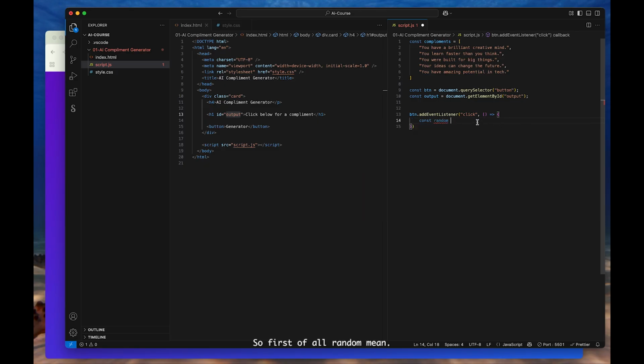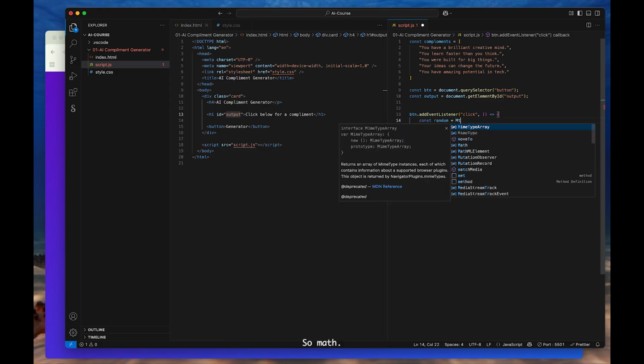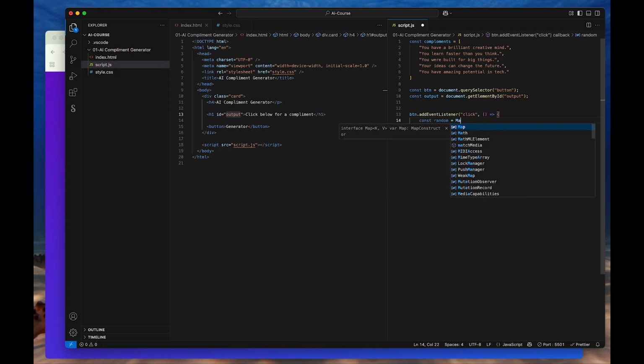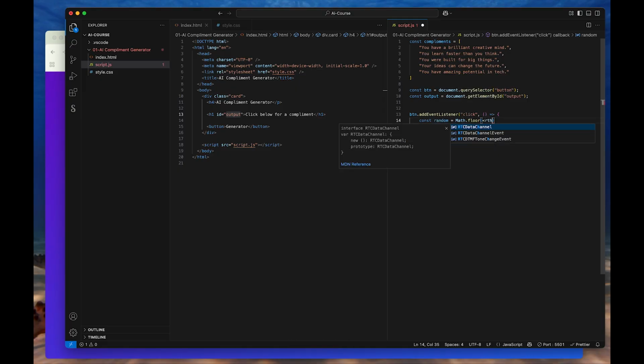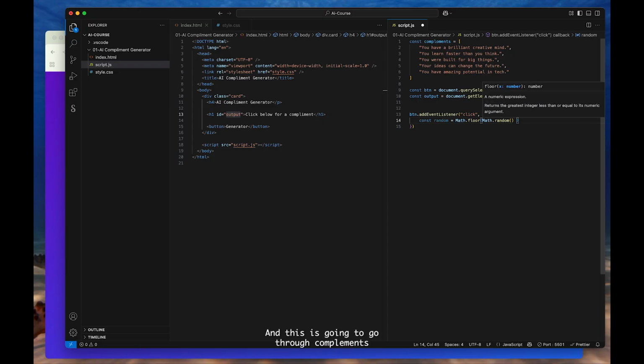Okay, so const random. First of all, random means it will pick any of these; it's not going with the sequence, it's going to go randomly, pick any and display it. So Math.floor, and then Math.random, and this is going to go through